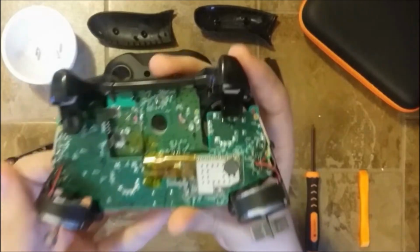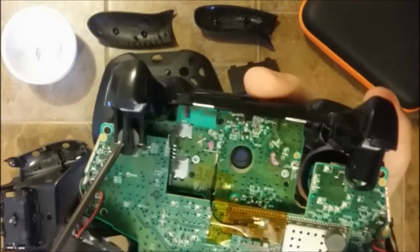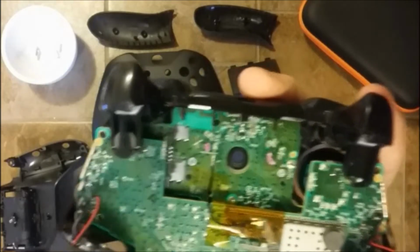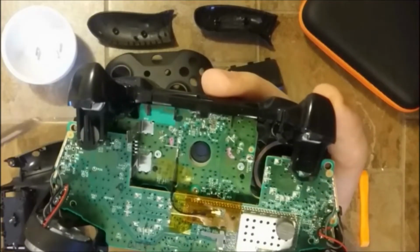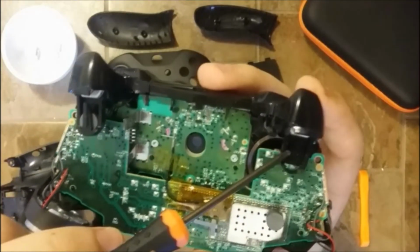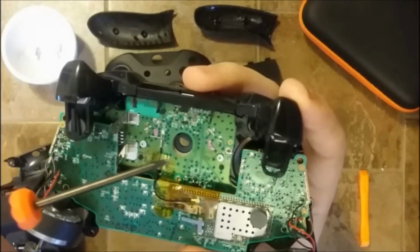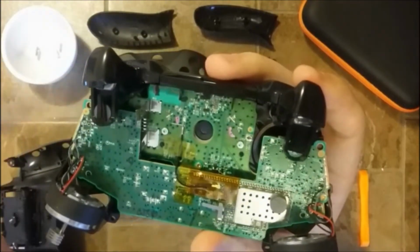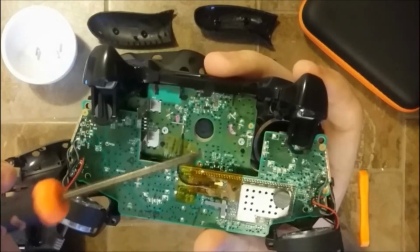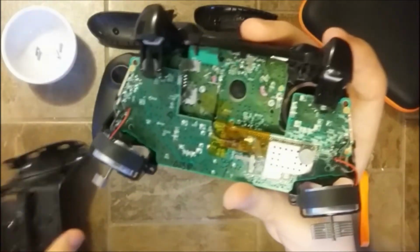Okay, so fast like that, first thing you can see is, I will take the screwdriver to show you here, there is supposed to be a little magnet like on the other side right here. And basically if this little magnet is missing, your controller will not be able to register the trigger, because it's this magnet that tells the controller, when it's going close to the motherboard, how much the trigger is pressed, as you can see. But the good news for us, it's not the Hall effect sensor that is broken, it's basically a magnet that is missing. So it should be somewhere around, I don't know,